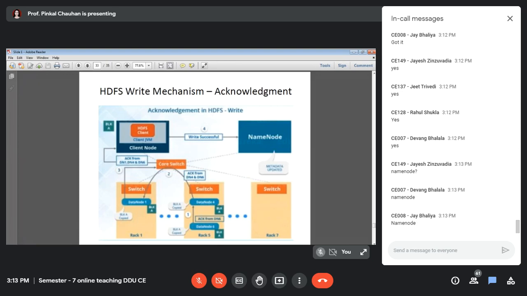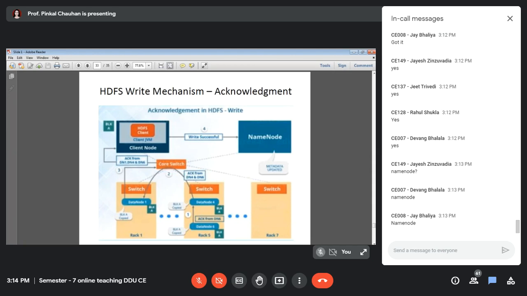Name node. Yes. So as a client, if it is my read request, I go to the name node and ask that I want to read this particular data. Then where should I look? The name node will give you the IP addresses of the blocks which you want, right? Then as a client, you just go ahead and read the data from the cluster. That is how the read mechanism takes place.